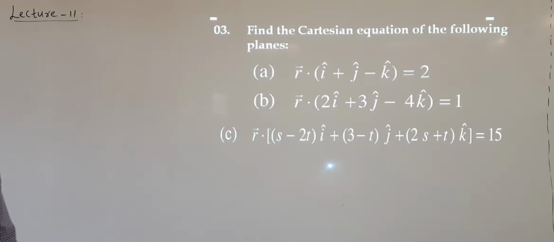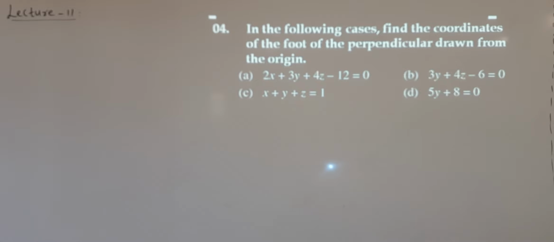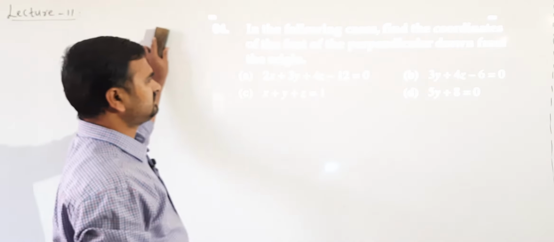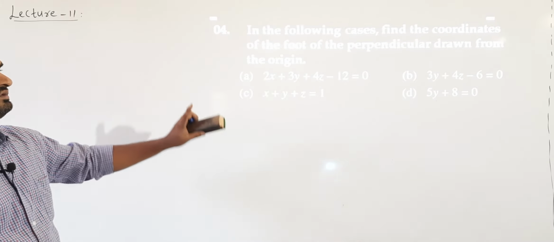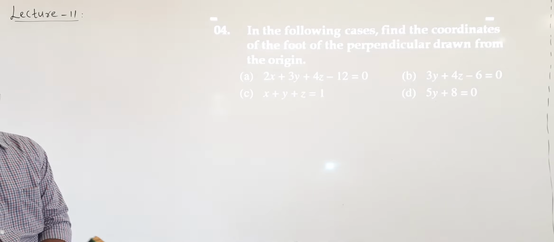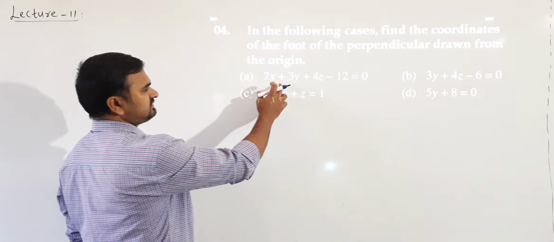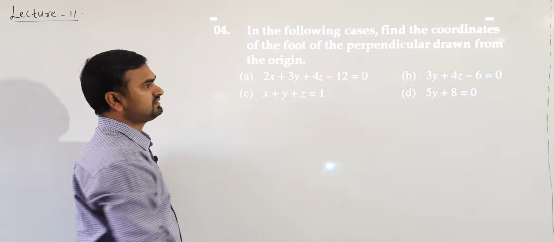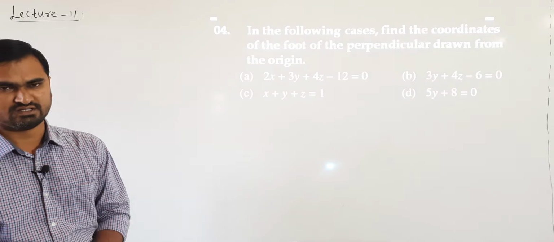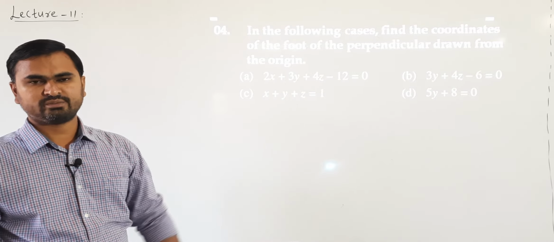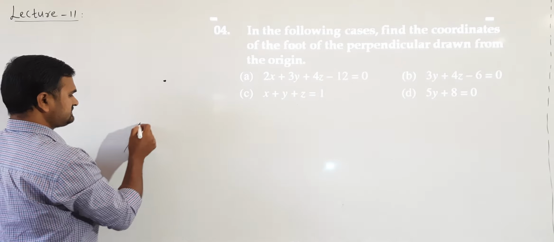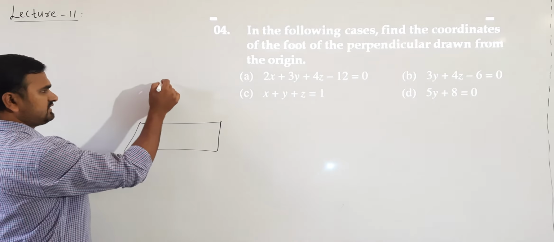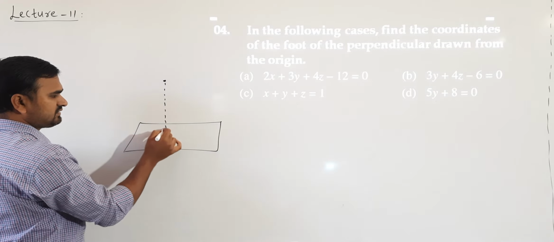So the next question: in each of the following cases, find the coordinates of the foot of perpendicular drawn from the origin onto these planes. The plane equations are given, and in each case we have to find the coordinates of the foot of perpendicular. So what is meant by foot of perpendicular? From the given point, there is a plane given. From the given point, if you draw a perpendicular onto the plane,